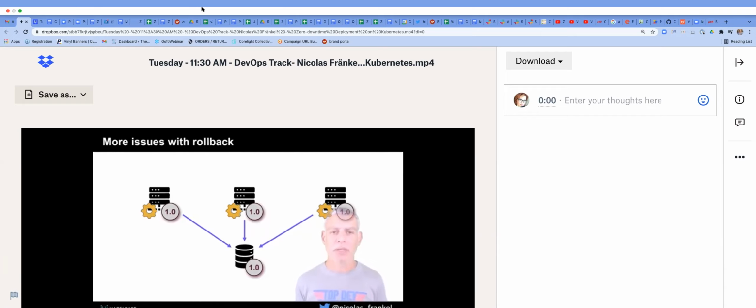So if we do the same as before, and we just deploy the new version of the schema when all pods have been deployed, well, it works if there is no rollback. So here, version 2.0 of the application can cope with schema 1.0. Now we can deploy the version 2.0 of